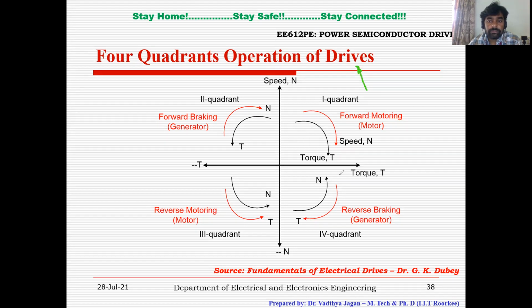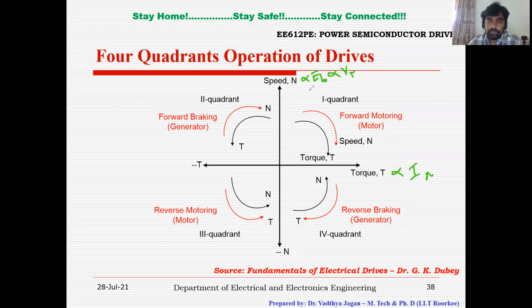This is the torque speed characteristics of a DC shunt motor. We have seen in the last video lecture that torque is directly proportional to current, and speed is directly proportional to back EMF, because back EMF equals phi Z NP divided by 60A. If you neglect the armature resistance, the back EMF will be approximately equal to the terminal voltage. So now this is the torque speed curve.